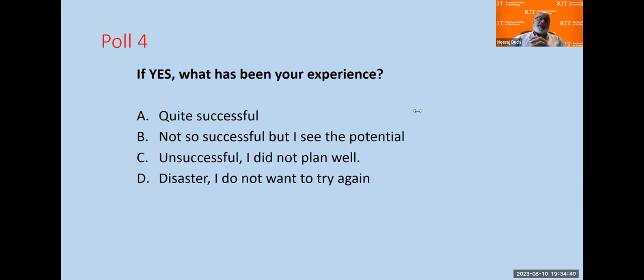And for a handful of you, it was unsuccessful. Again, don't be depressed. Don't be disheartened. Try again. Maybe you want to learn from your colleague who's had a successful experience. Maybe they can coach you through the flip model. So the more we talk, the more we engage our colleagues within your institution or